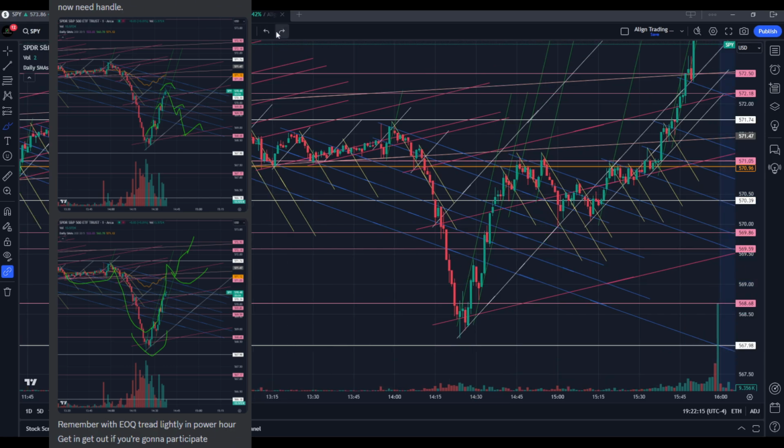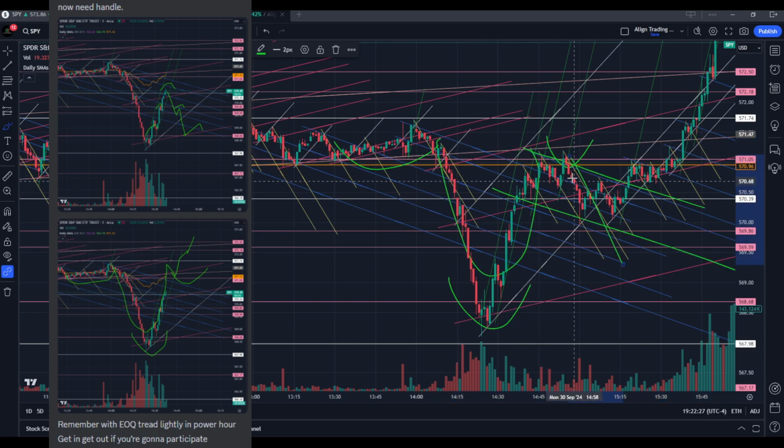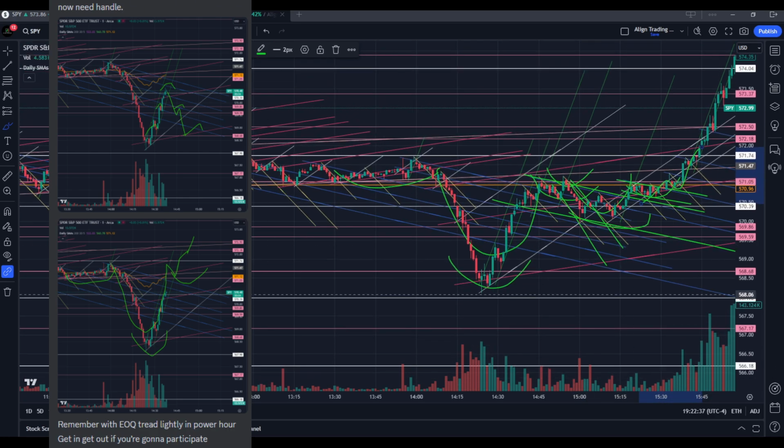Otherwise, be paying attention as we can be forming this inverse head and shoulder back above the 5-day moving average right here, which we end up doing. You see how we form this cup and this handle within blue and yellow controlled selling, and ultimately get that inverse head and shoulder, another cup and handle, and we start to make this move up right here.